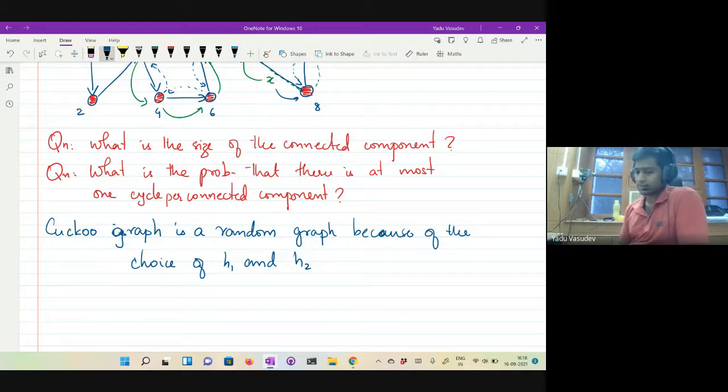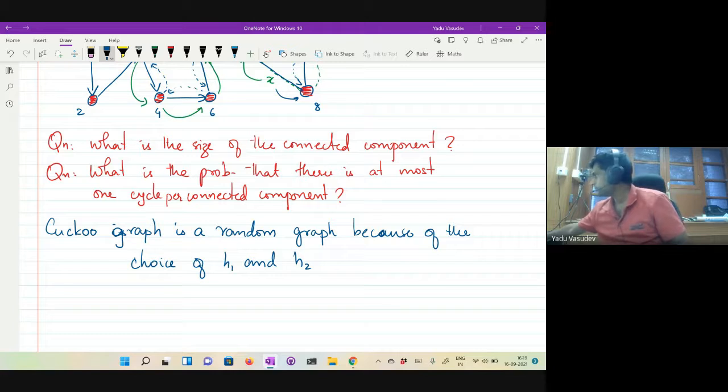Is that how this random graph is generated, or is it some other way?